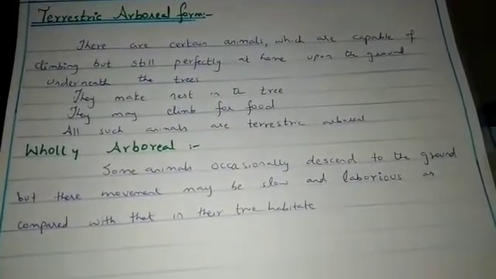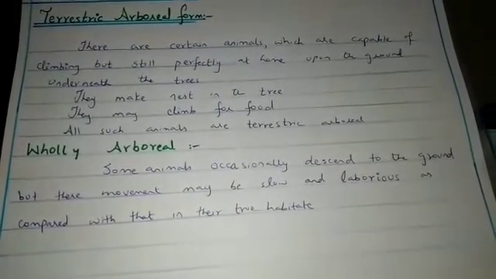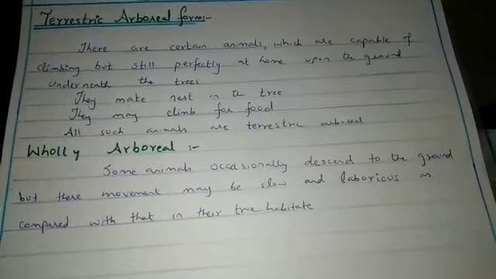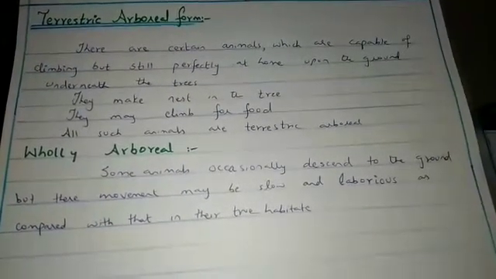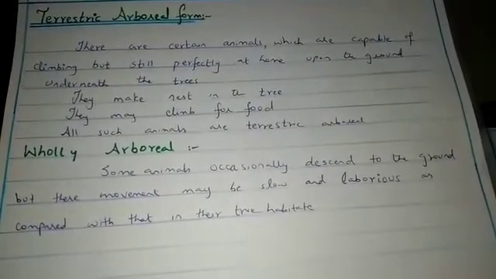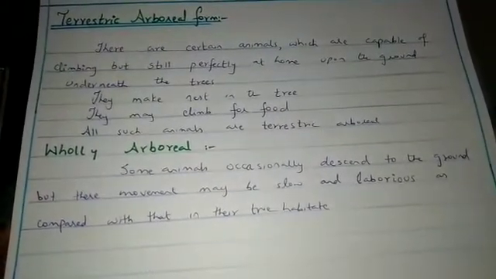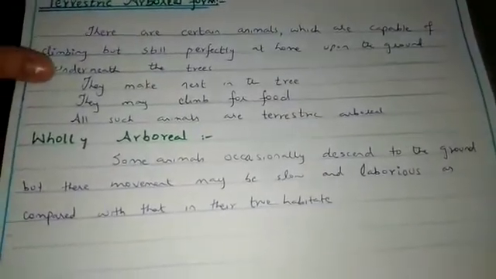There are few animals which are wholly arboreal, and those organisms are कि ये बिल्कुल अपनी जो है इनकी हैबिटेट जो है वो होली आर्बोरियल है, और ये होली जो है वो ट्री पर रह रहे हैं. ये जो हैं टेरेसिक से डिफरेंट हैं क्योंकि इनकी ओवरऑल लाइफ ट्री पर ही होती है, जैसे कि हम मंकी कह सकते हैं. ठीक है,